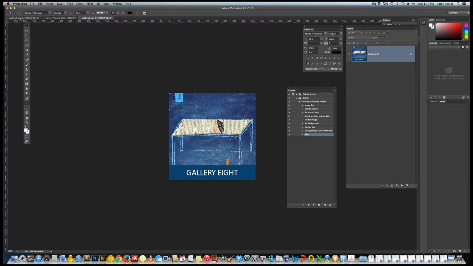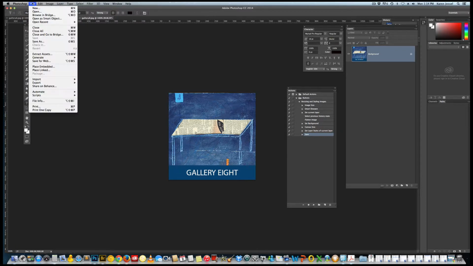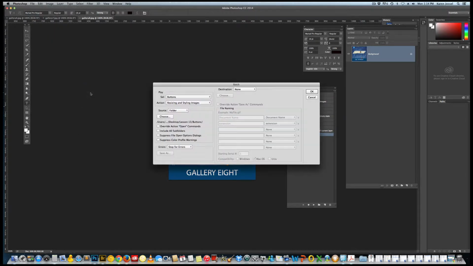Go to File, Automate, Batch. There we go. Here's the set, Buttons, is already there because I just used it. The action is resizing and styling. Now, I found,